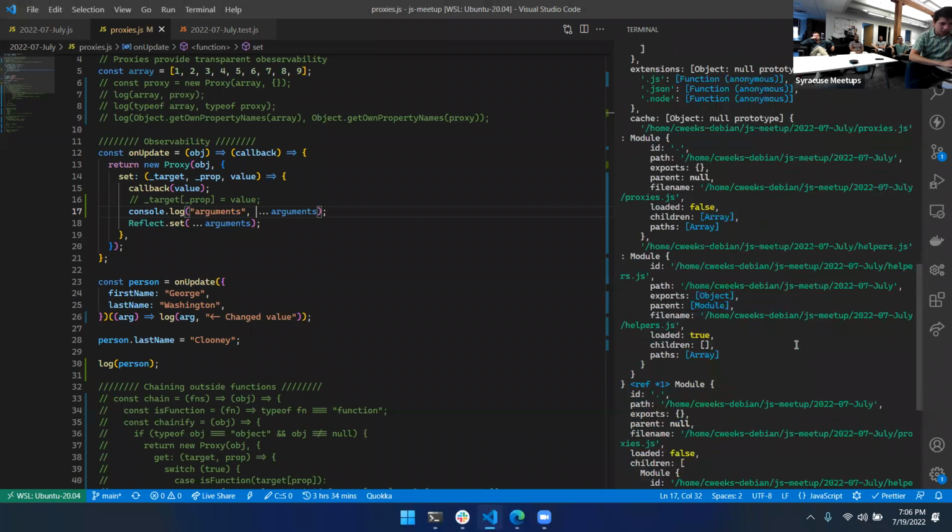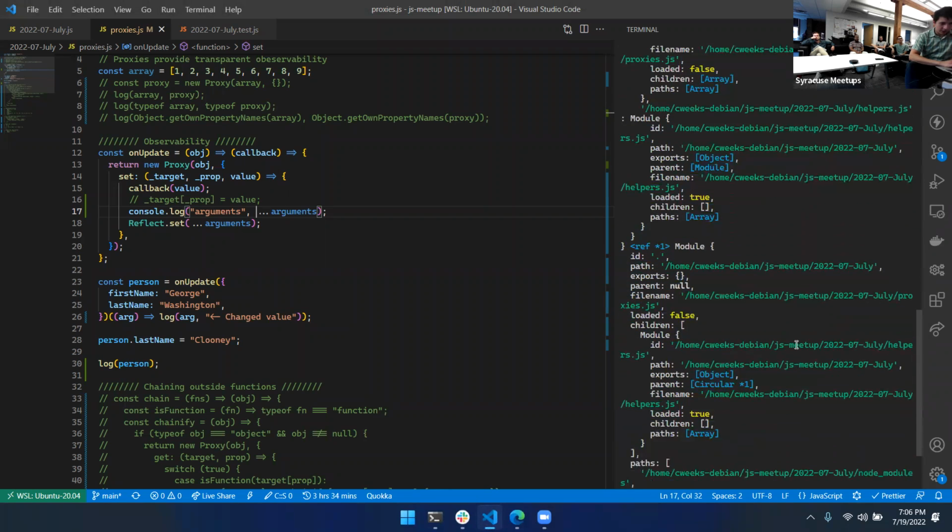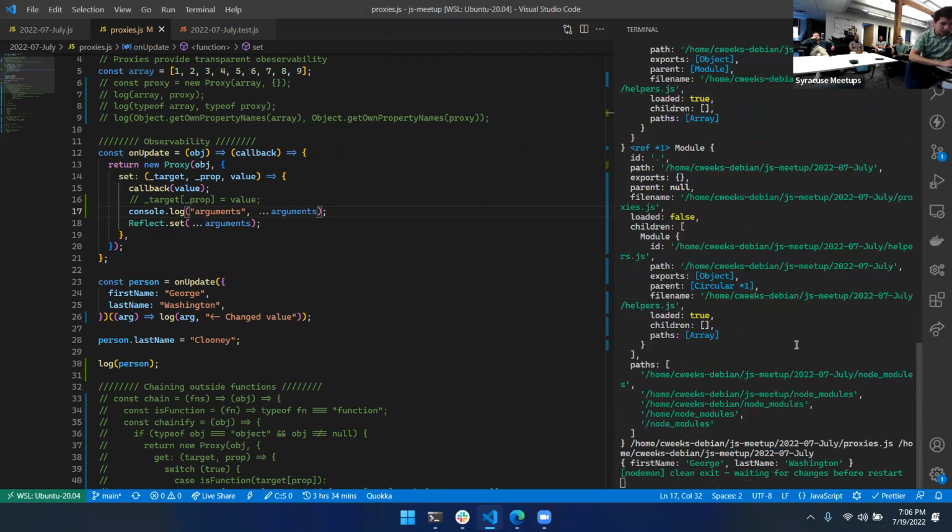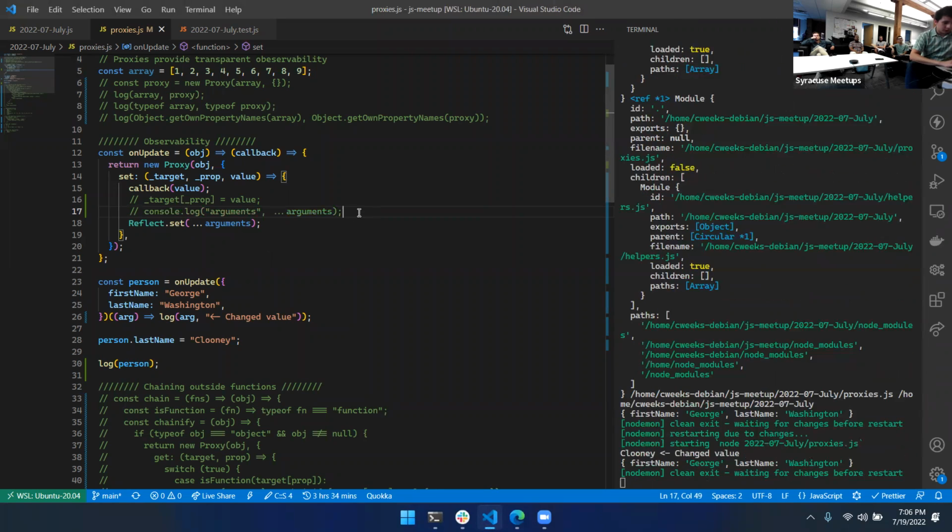Resolve. Interesting. Not entirely sure why that's not the case. But Reflect.set. Oh, okay, interesting. But Reflect.set is not actually even working. That might be it. I think you might be right. So